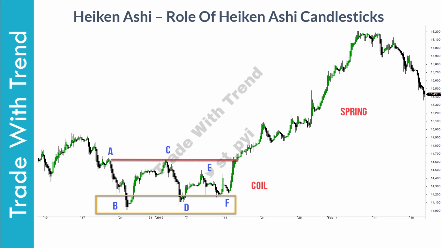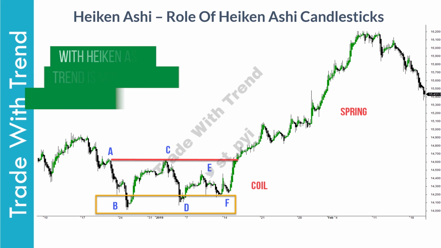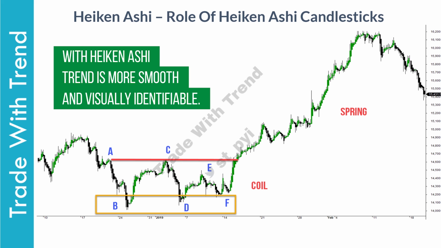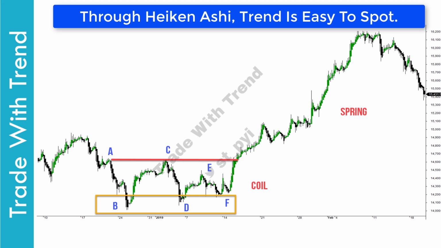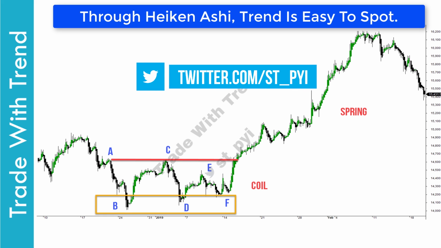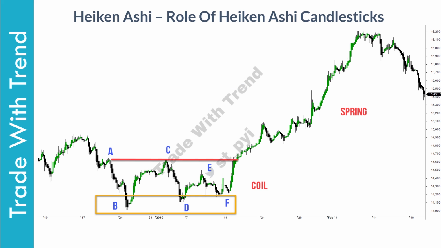Let us now look into the role of Heikin Ashi candlesticks in this trading pattern. This swing trading strategy was originally shown with standard candlestick charts. With standard candlestick charts though, trend and counter trend candles can confuse at times, as the impact of one single candle can lead one to believe in a trend reversal in the market. With Heikin Ashi candlesticks though, it is much easier to identify trend and counter trend candles and their overall impact in price analysis. If you prefer using standard candlesticks, you can still continue using those.